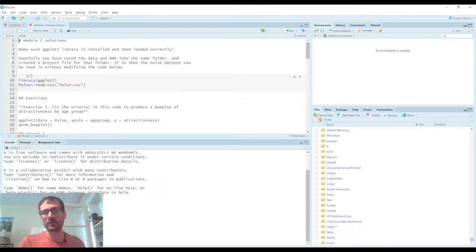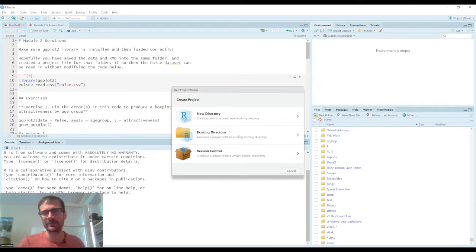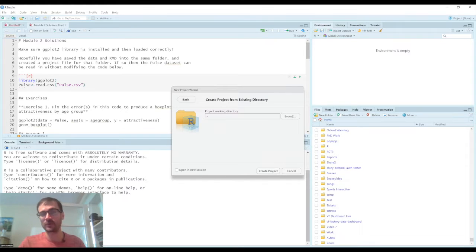And so previously I created an R Markdown file by clicking on the first plus here with the white string. The next one along creates an R project file. So that's what I'm going to do now. I'm not going to save what I've been working on so far. I've only really done 2 plus 2. Since I've got that folder already on my computer, I'm going to say it's in an existing directory.